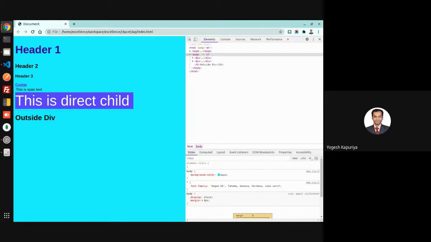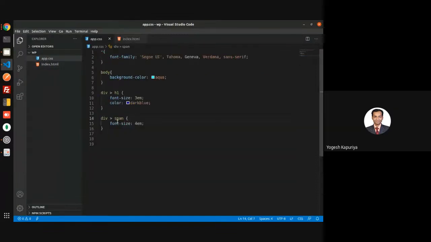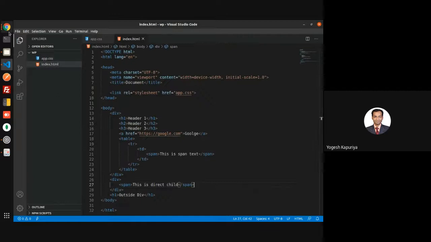So this is how you can use these various combinations of selector to select an element from an HTML, and then you can write the styles which you want to apply based on that selection. So this is the first thing which you should understand, that styles are applied based on the selection, and there are various options by which you can select a particular HTML element from any HTML document. So I hope this is clear.